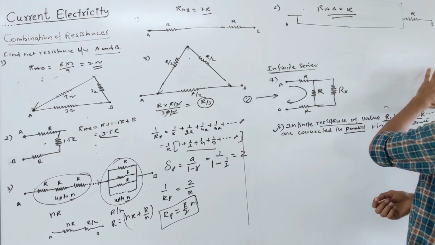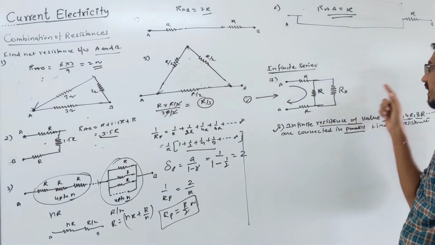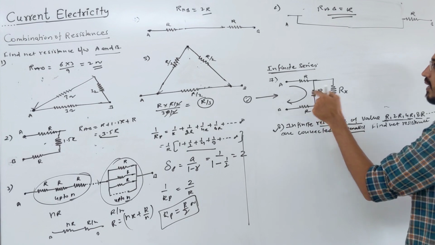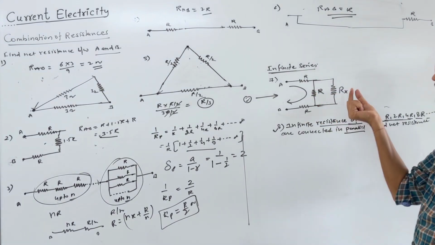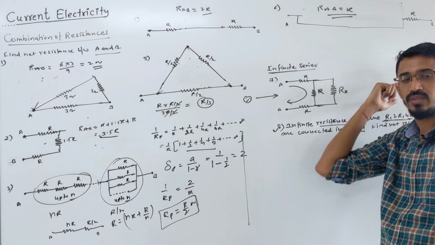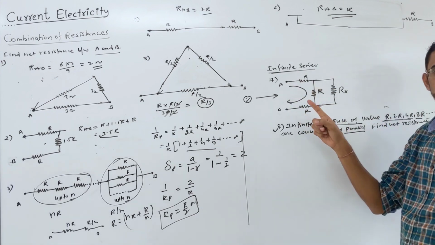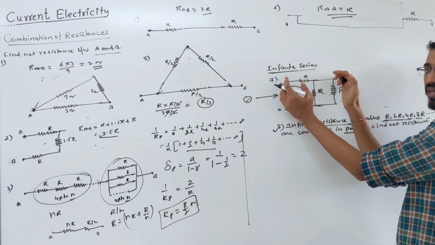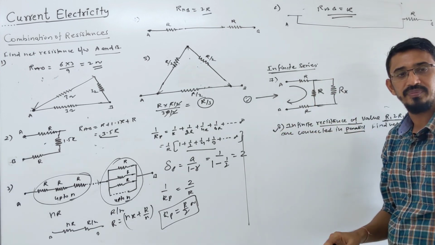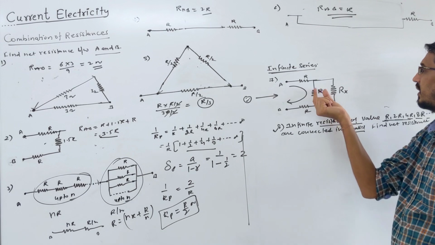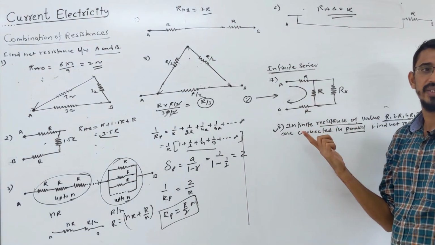So all these resistances that go to infinity, we call their sum Rx, and we connect this in parallel with this. So Rx is the sum of all these infinite resistances. Now what we do is calculate this much part alone, and the sum of this part is also equal to Rx, because Rx is actually the sum of infinite resistances. If you add these 2-3 more, it doesn't affect the answer.